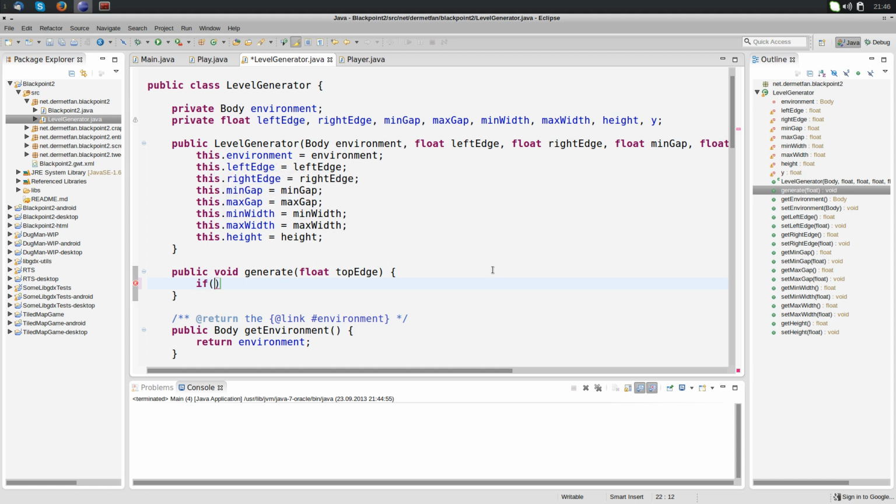But well, actually we could put it in the constructor. Anyway, when do we want to generate a platform? When the last platform generated is a certain amount under the top of the screen, because then we just need another platform. And that certain amount is the minimal gap and the maximal gap, a random amount between them, because